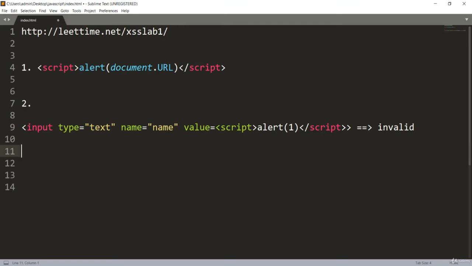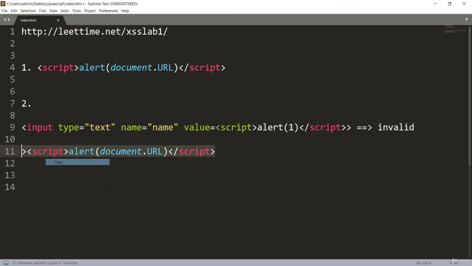So now we have to make our own payload. In this case, I have to first close the input tag. You could see in order to close the input tag, you can simply give this closing angle bracket, and after that you can run your script, which can be the same as over here. Let me grab this whole thing, and this is basically just fetching the URL. So this is our payload for